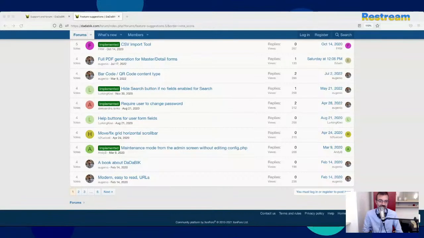I know some users that are power users. Sometimes they know some aspects of DaDaBIK better than me in some cases. So that would be also an option, but I have to think about it.